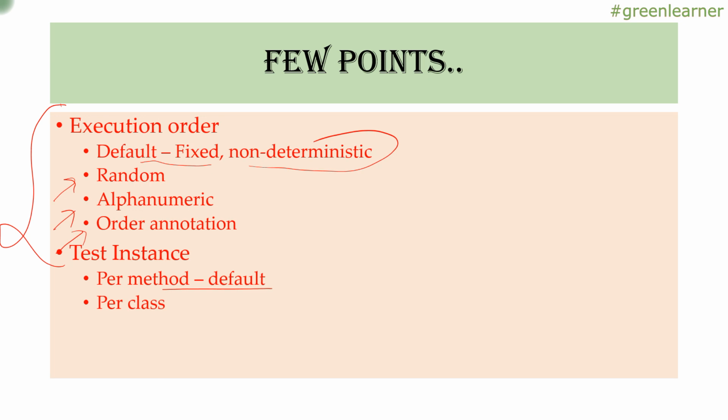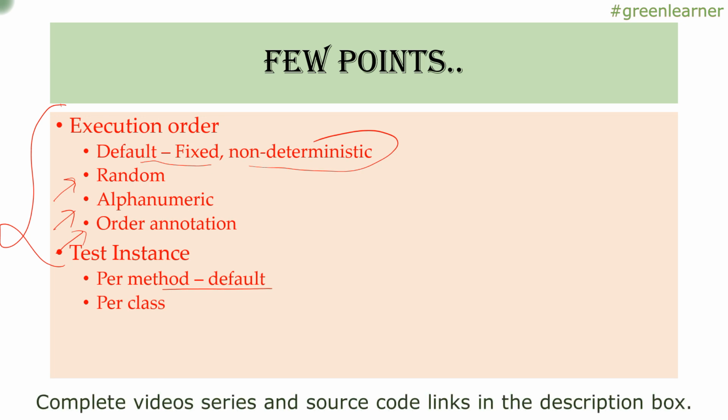This is the default behavior, and it is there in order to ensure that if there is any fixed relationship between two unit test cases or a scenario like that, it should not be hampered, right? All the state of the test instance is reset at the start of the execution of each method, right? It is best practice to have no relation between two unit test cases, but sometimes we have situations like this where we need it in some way, right?